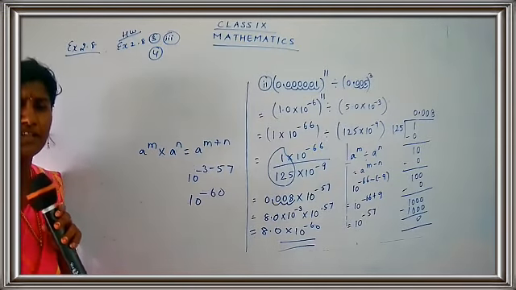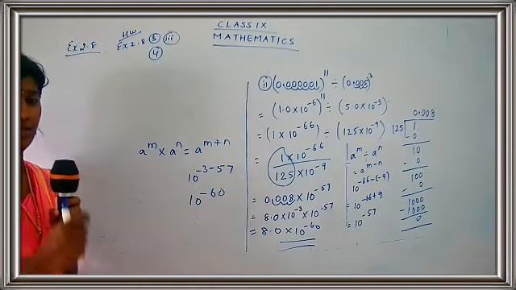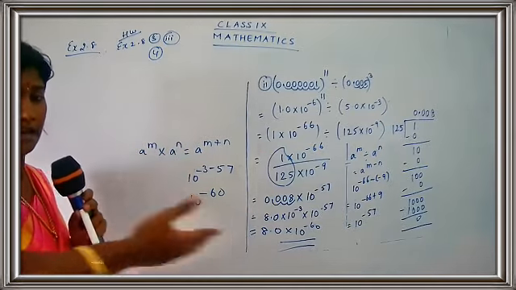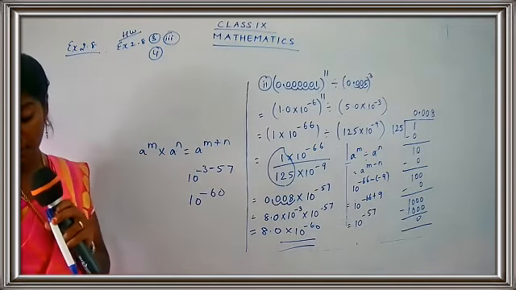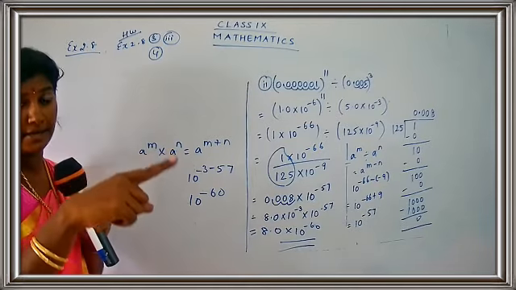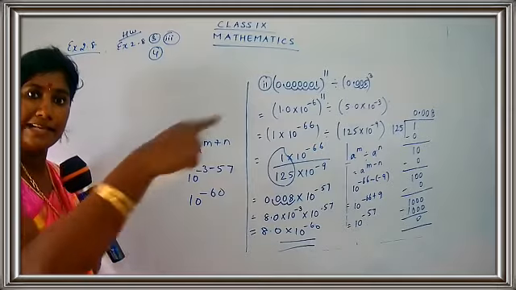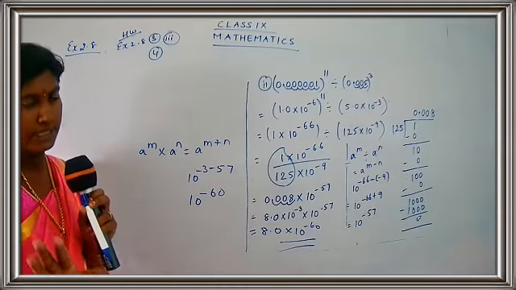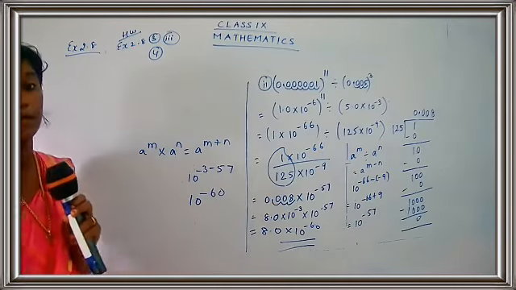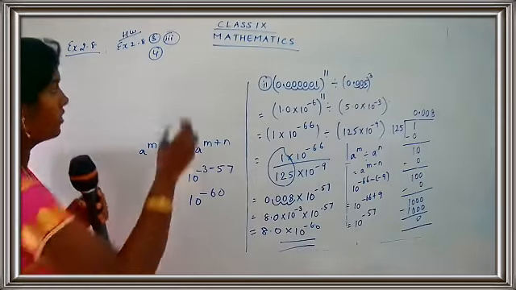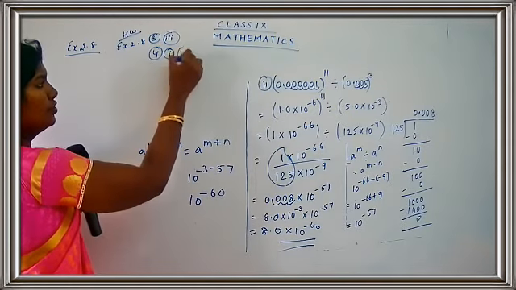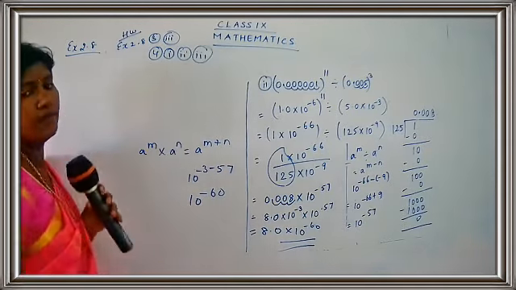You have to just write it down in scientific notation. Very simple. One type is you are going to move to the left side, and one is to the right side. So when you move to the left side, write the positive power, and when you move to the right side, take the negative power. That's all. So you are going to complete question number 4 also. In question number 4, all the sums 1, 2 and 3, all three sums will be your homework.